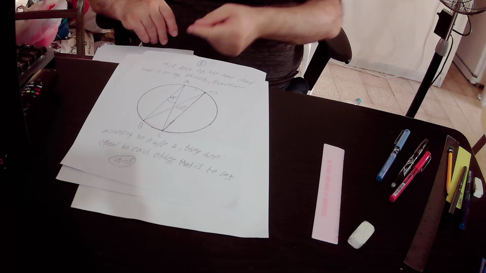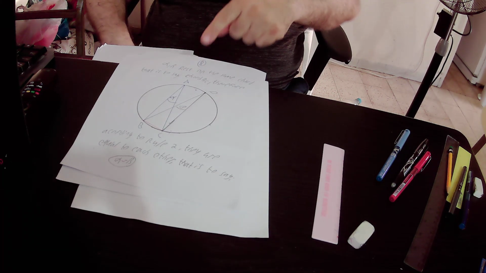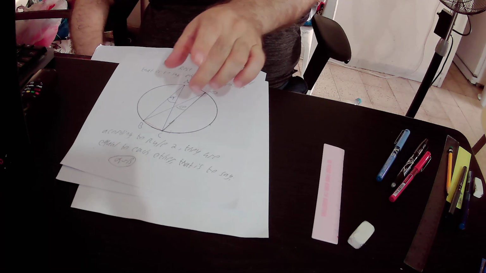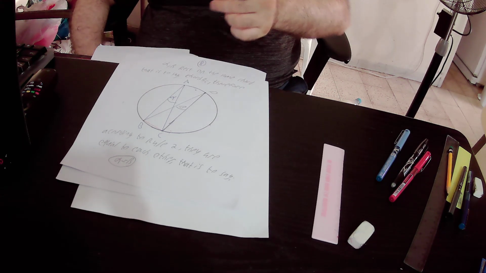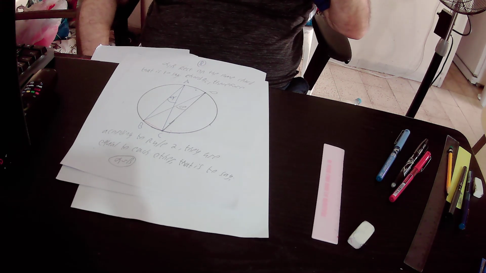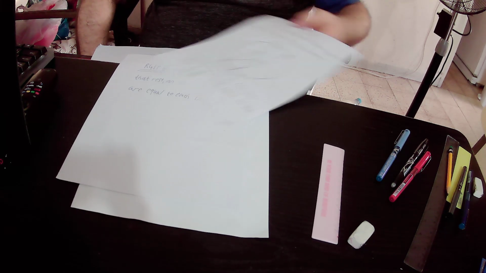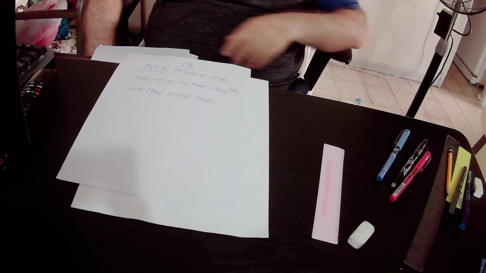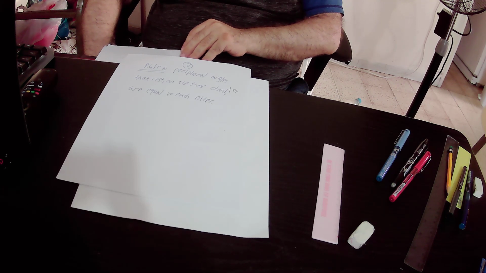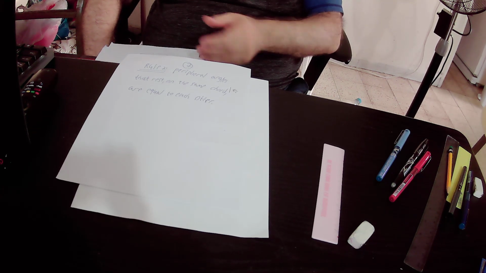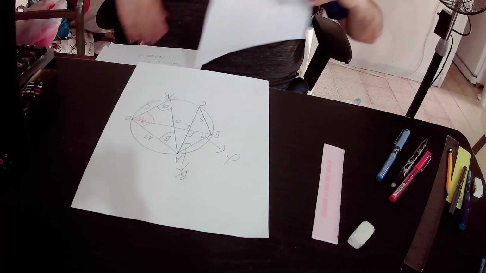We have two peripheral angles, alpha and beta, that both rest on the same chord BC, therefore they are equal to each other according to rule number 2, therefore alpha equals beta. We implemented this rule in our circle